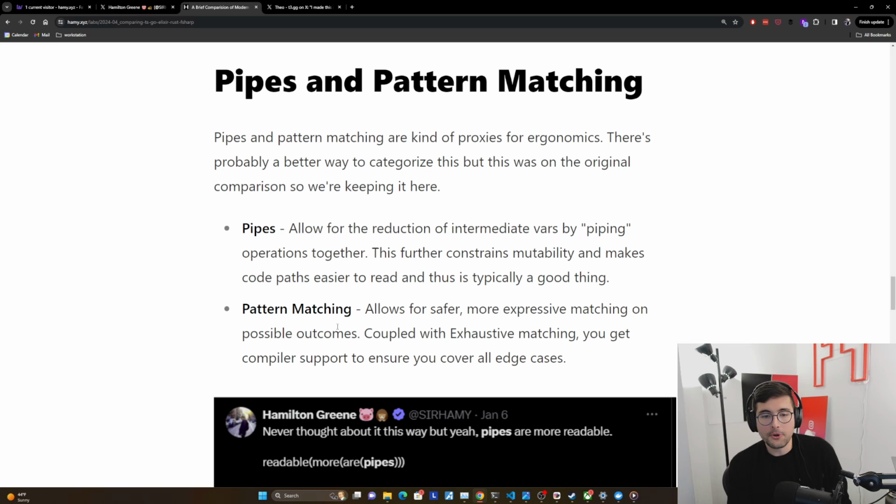And so if you couple the power of pattern matching with exhaustive matching, you not only get very easy ways to restructure these foobar things, but you also get compiler support for ensuring that you're checking all possible outcomes, which is excellent, because so many bugs come from something changing upstream somewhere else, and that causing the actual outputs of your function to be different, and you haven't handled a case. And so generally these are very good for ergonomics.